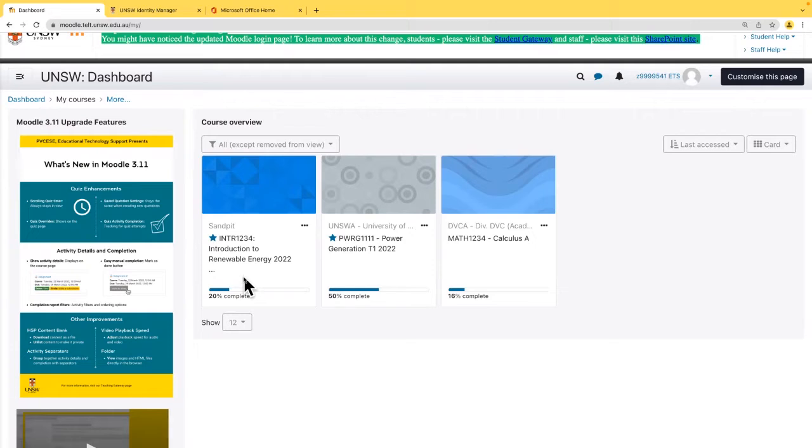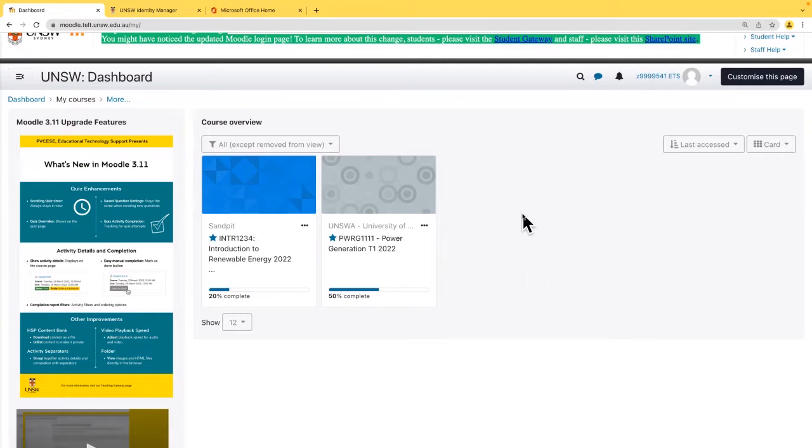So again, you may have many courses in your dashboard, but you're only interested in a few. So you may want to star them so they're easier to navigate to. And I'll showcase more of that shortly as well. And as I said as well, we can also remove courses from our dashboard by clicking on the 3 dots and remove from view. This isn't unenrolling ourselves from the course, this is just removing that course from our dashboard.